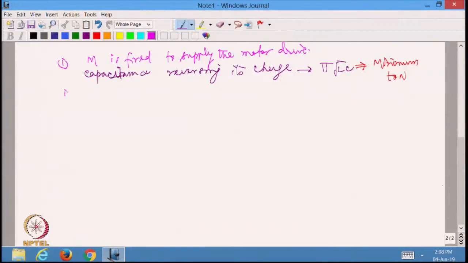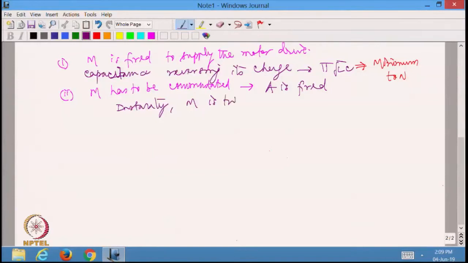The second portion is when M has to be commutated or turned off. Under that condition, I am essentially going to fire A. When A is fired, I am going to have, instantly, M turned off because of very high current flowing in the opposite direction. And after this, I am going to see that the auxiliary thyristor, that is the auxiliary SCR, allows